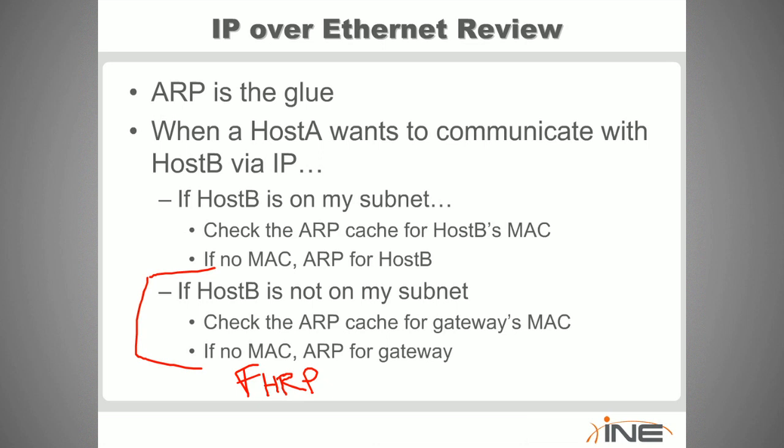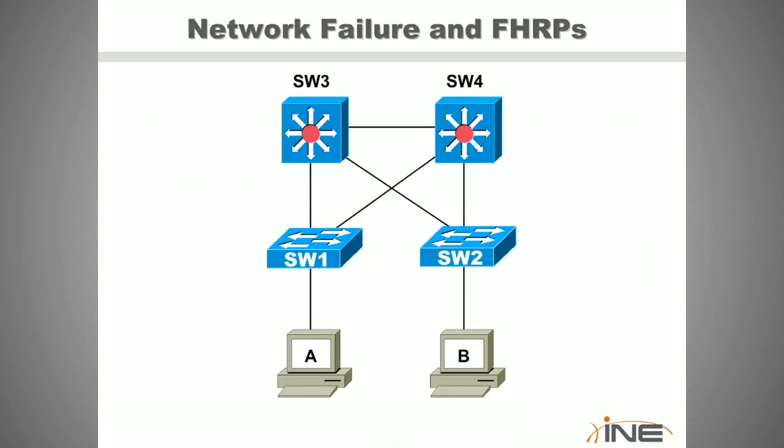Essentially, what we're going to do is virtualize the MAC address of the gateway so the end host doesn't actually know what physical device we're sending the traffic to. So address resolution protocol, this is what is going to allow us to have the redundancy. So here we have a basic topology where we could demark the access layer versus the distribution layer,